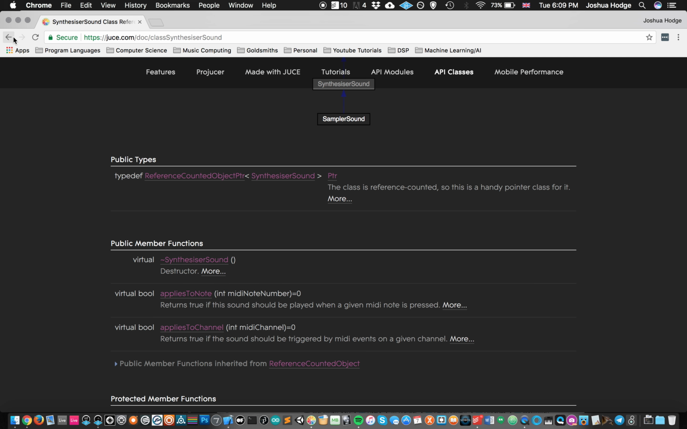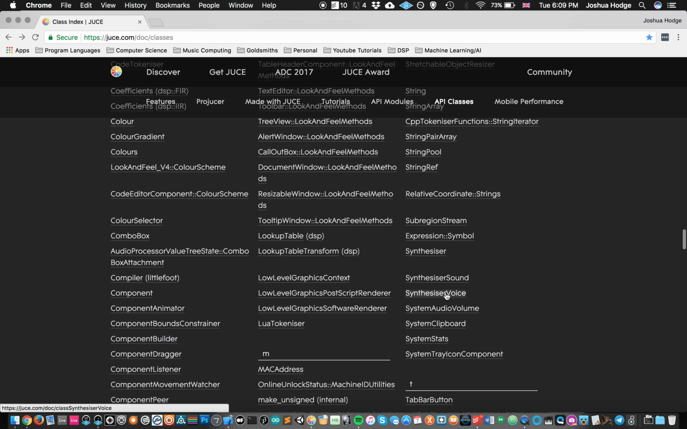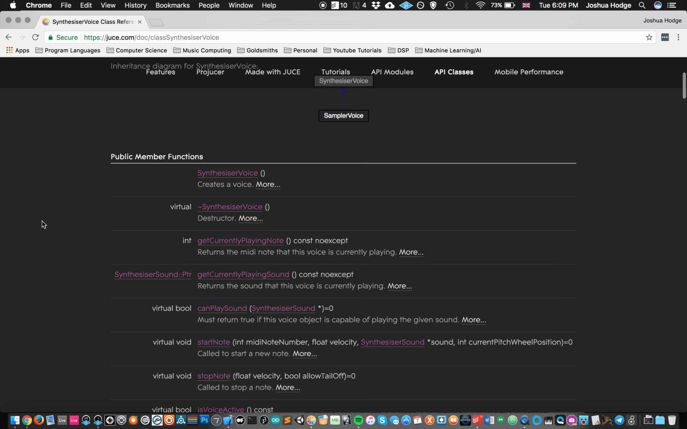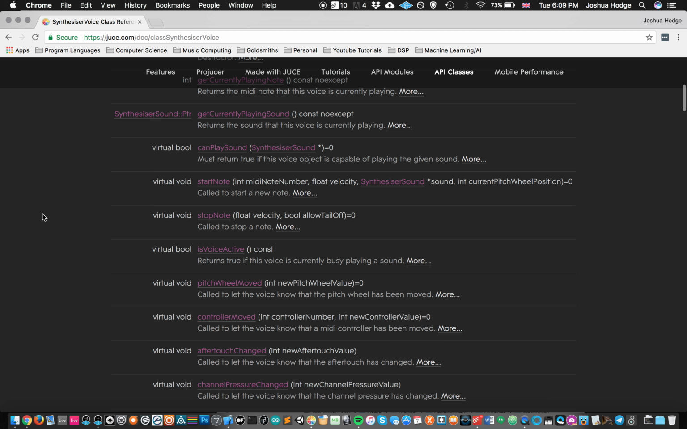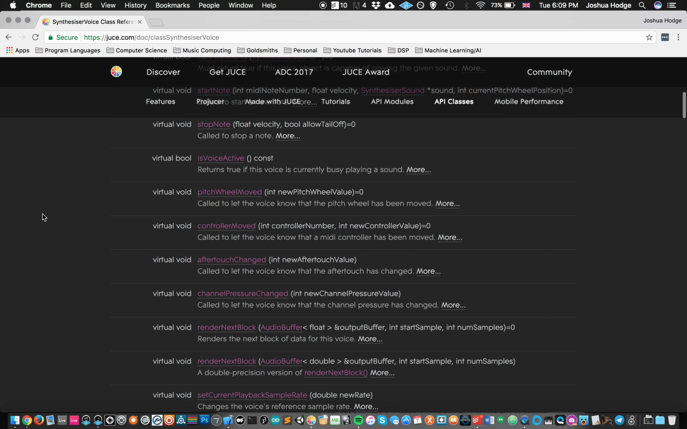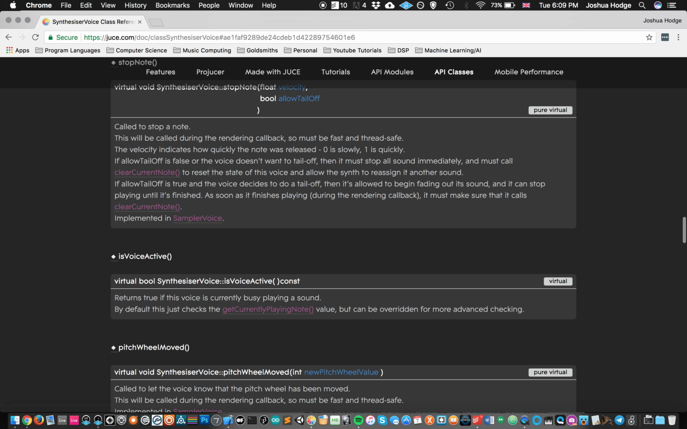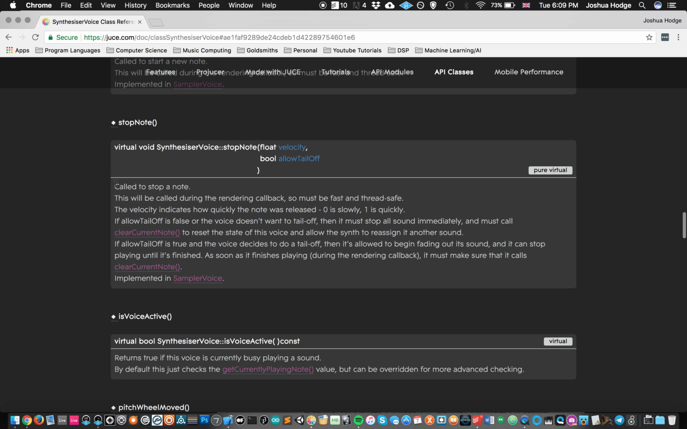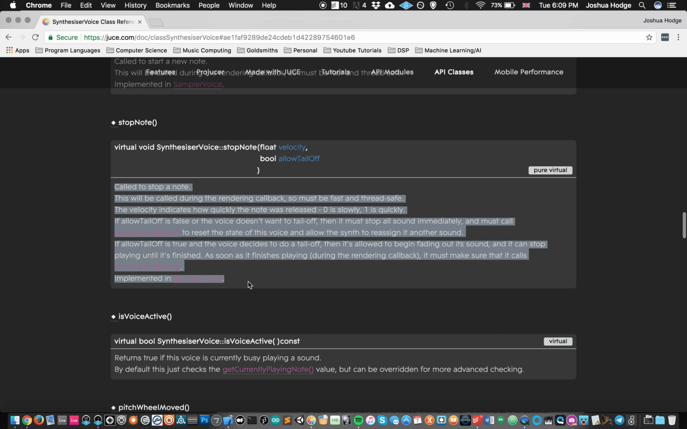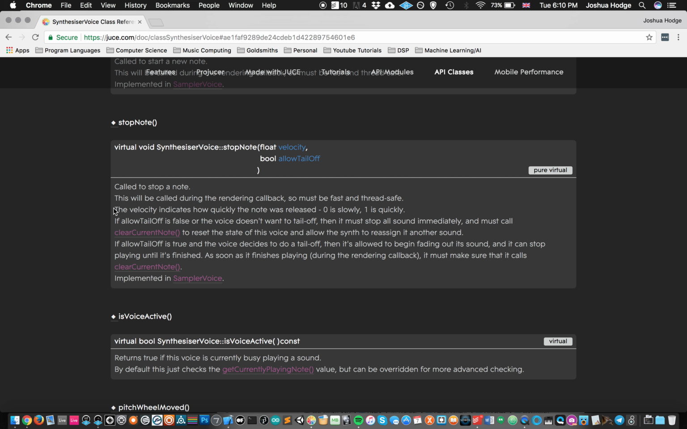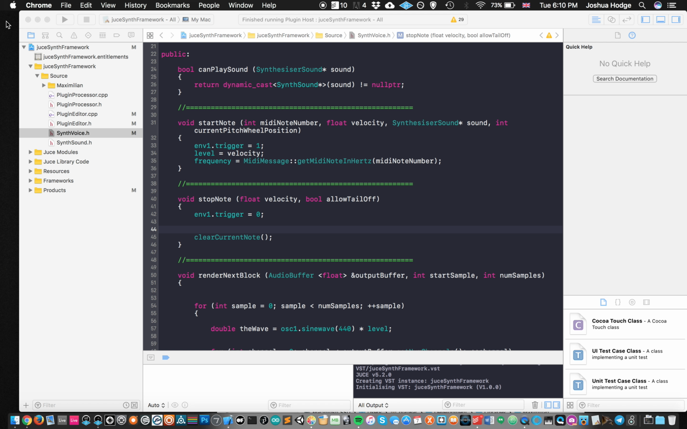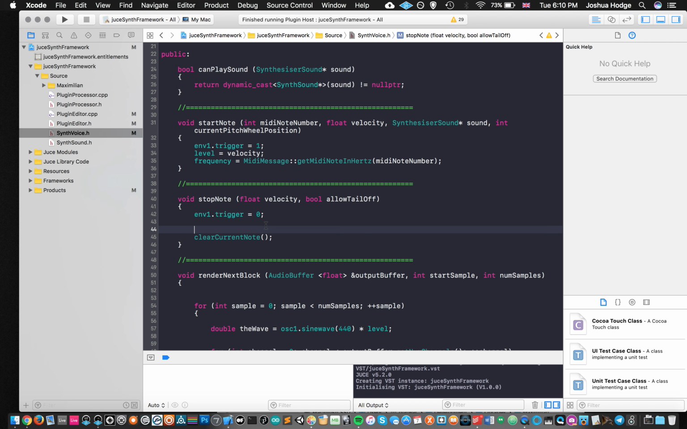I'm in synth sound, I actually want synthesizer voice. If we go in here quick and have a look, if we say stop note, you can see there's quite a good explanation that shows what happens with the tail off. I'll let you go ahead and read that if you get a chance. So that's the reason why I'm going to say allow tail off